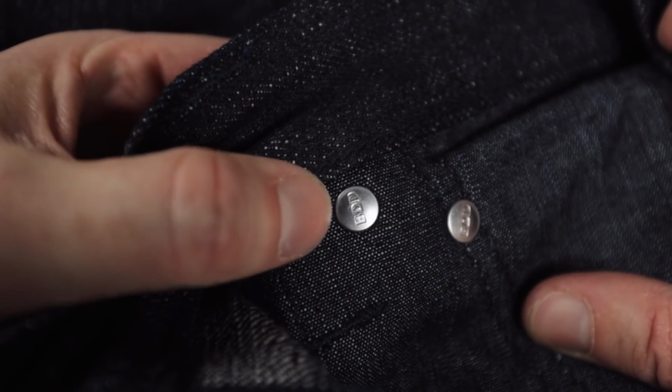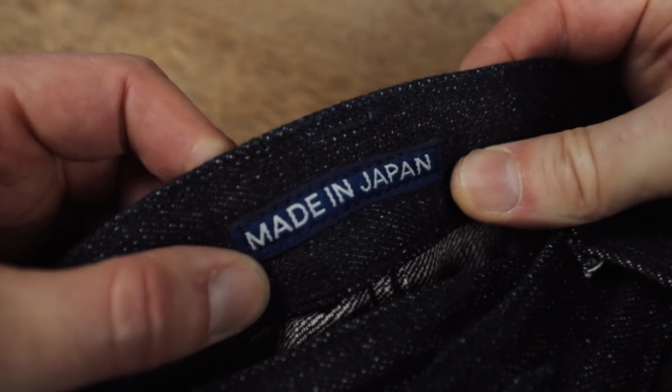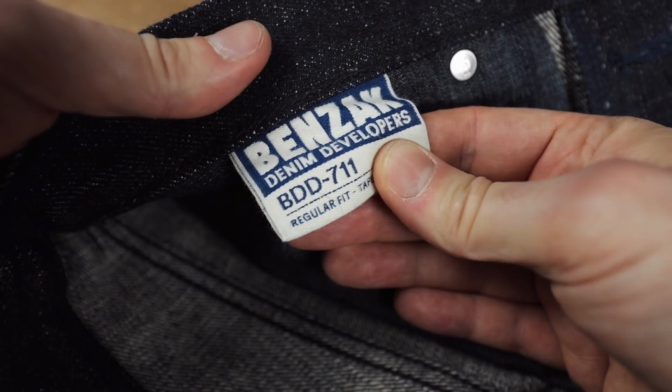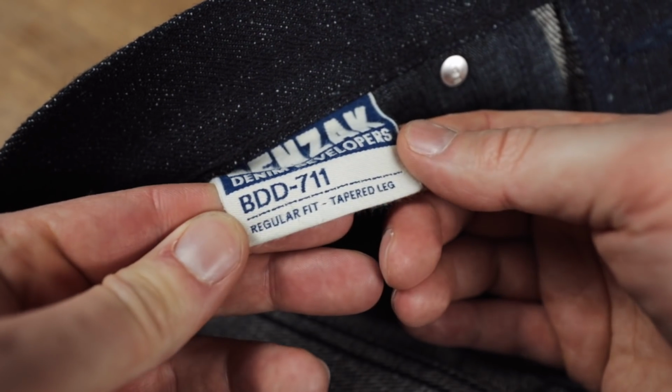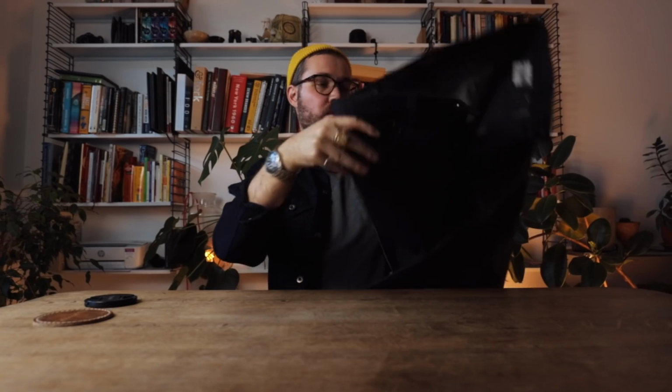When we're on the inside, we can also see the back of the rivets. They are not coated, but they are embossed with the BDD logo, and we can also see that there are a few woven labels in here as well. Yep, made in Japan, then the Benzak Union kind of looking logo thing, and then the one that tells us about the style, BDD 711 regular fit tapered leg. Then if we go over to the back,